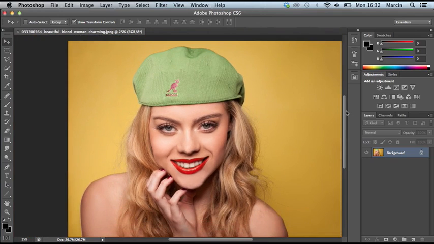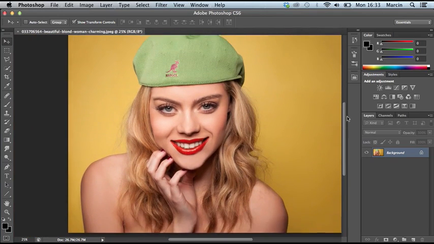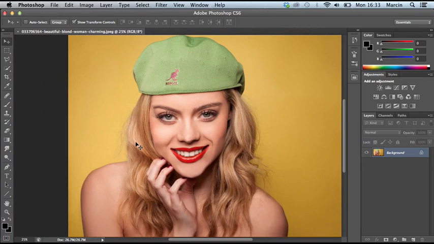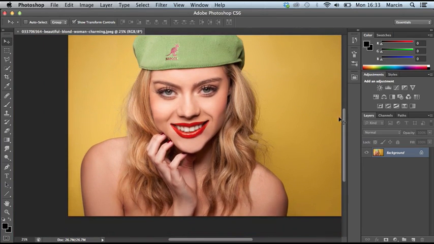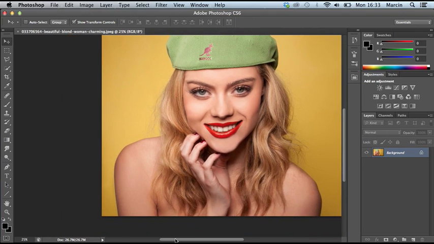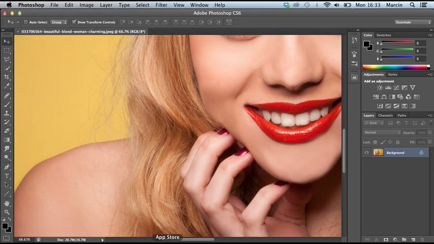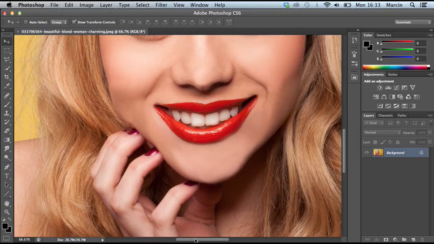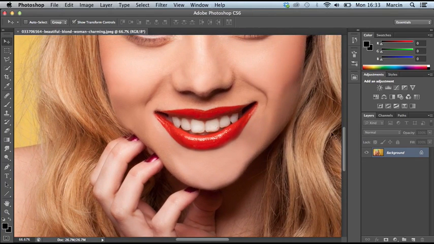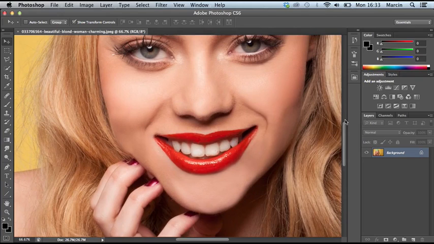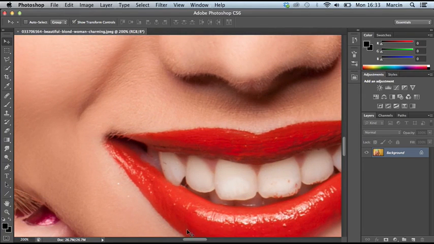So let's start from the beginning. What I would like to show you at first is how to edit teeth. It's really important for me because it's the first thing I could see that doesn't work well on that image, really. So let's zoom this image